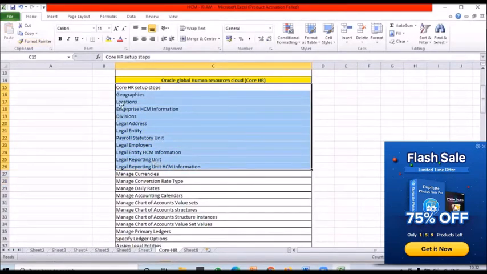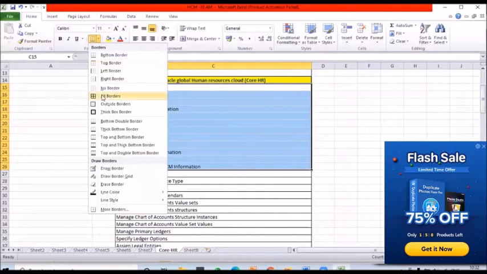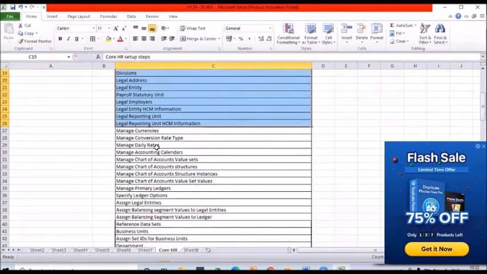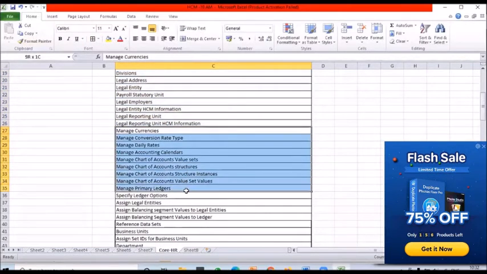Then currency, all those things we can do here, and we can also do them from the payroll side. That means these setups are not mandatory in a core HR implementation. If you implement payroll, then you need a ledger book. If you do not implement payroll, there is no importance of the ledger book. There is no usage of a ledger book for an HCM, Human Capital Management implementation. But if you implement payroll, we definitely need a ledger book.